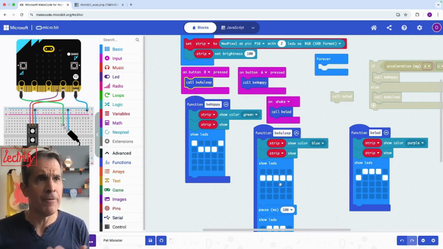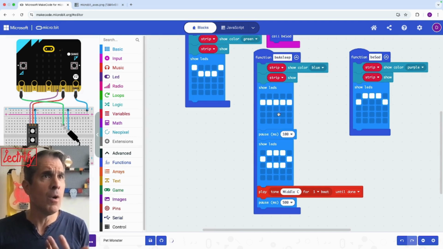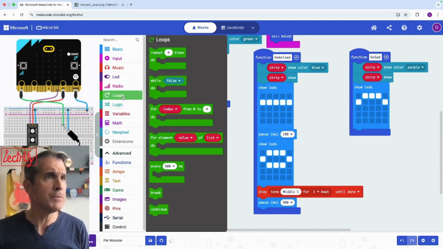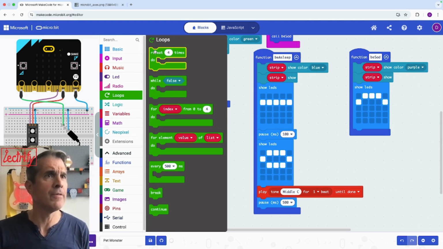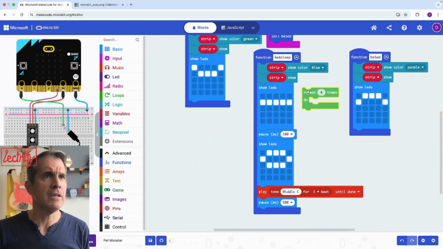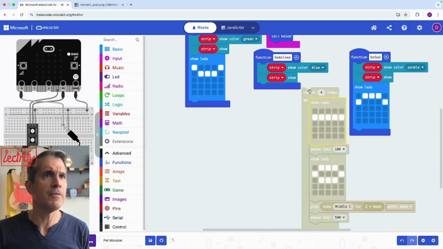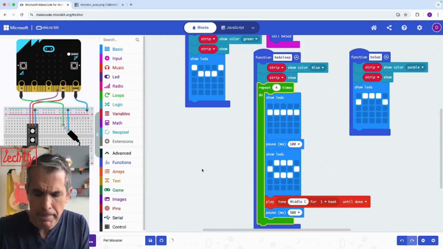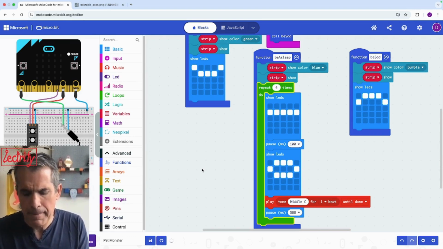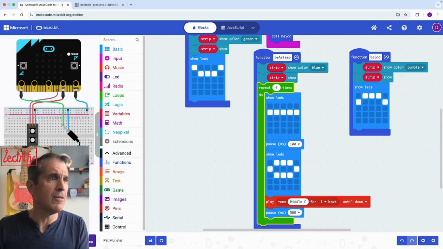So if we wanted to have that snore a few times while the function was called, we could use the loops in there and say repeat X number of times, or while something is, we can use these loop logic to run how many times this happens. So I can now instead say I want it to snore 4 times while it's asleep. And when I plug that in, and then download,